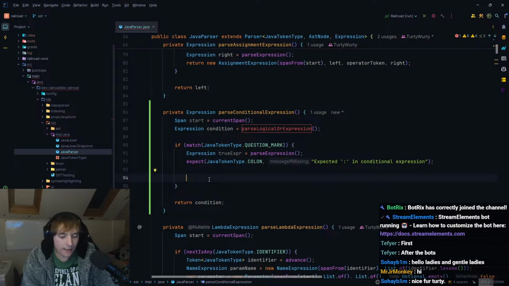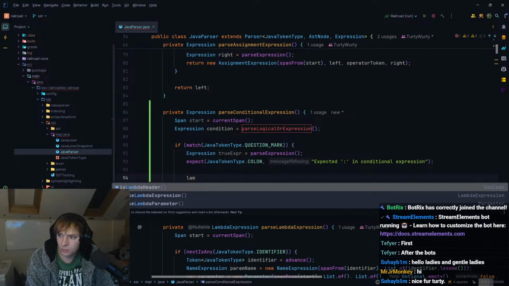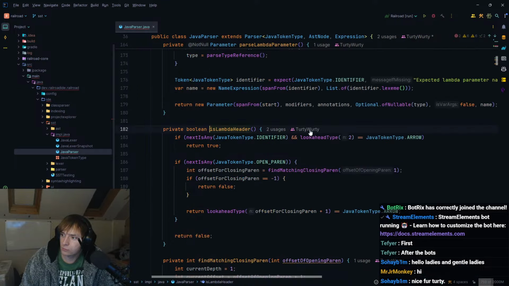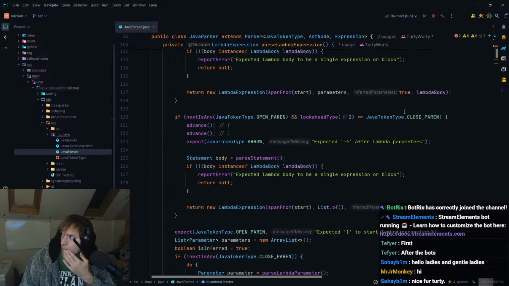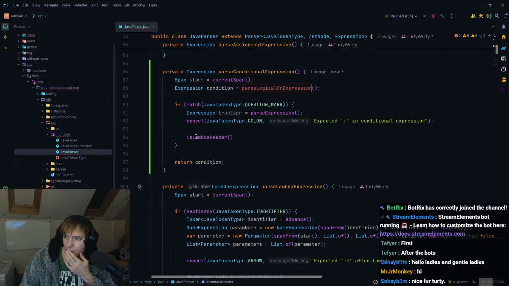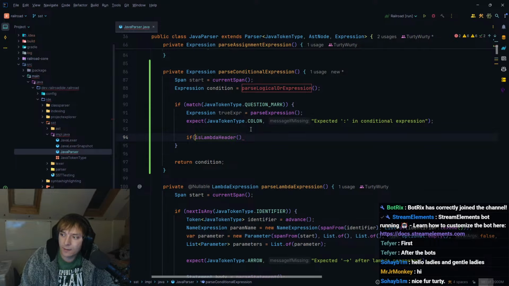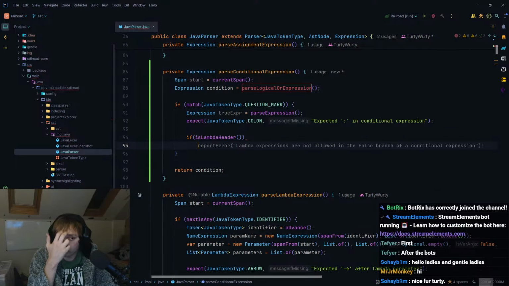So what could we do? Don't we have a lambda? Yeah, is lambda header? We actually have parse lambda expression. What does this do? I think this is probably what we want, right? I think so. I think we probably want to say, like, if is lambda header, then we're going to return